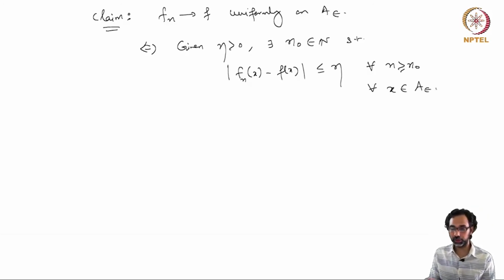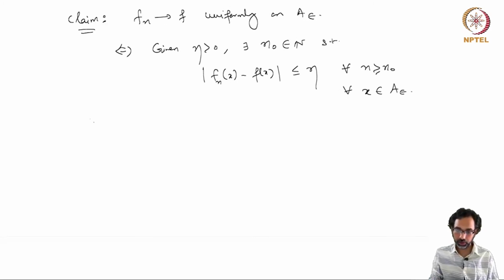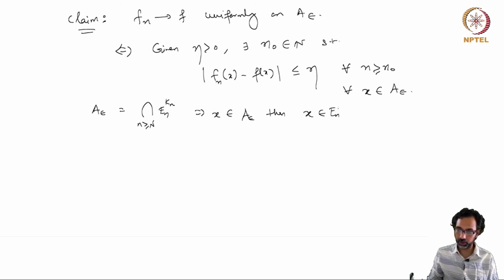So this is the definition of uniform convergence on the set A epsilon. Now recall that A epsilon was in fact the intersection of these E_n,k_n's, which means that if x belongs to A epsilon, then x belongs to E_n,k_n for all n greater than capital N,